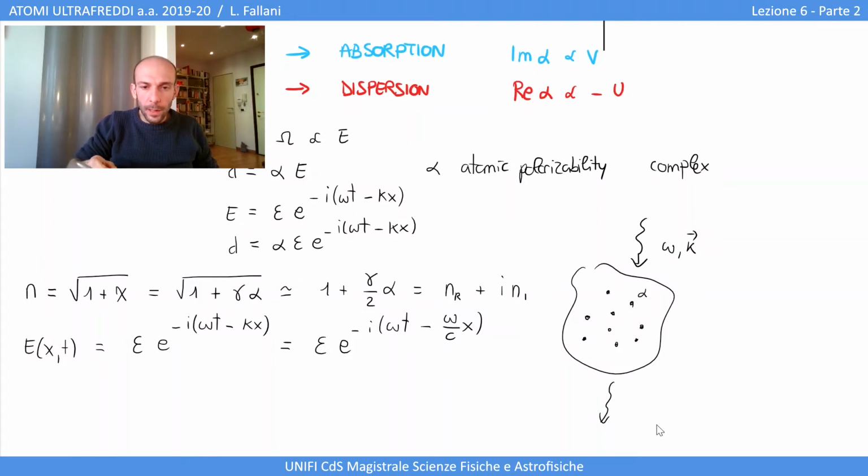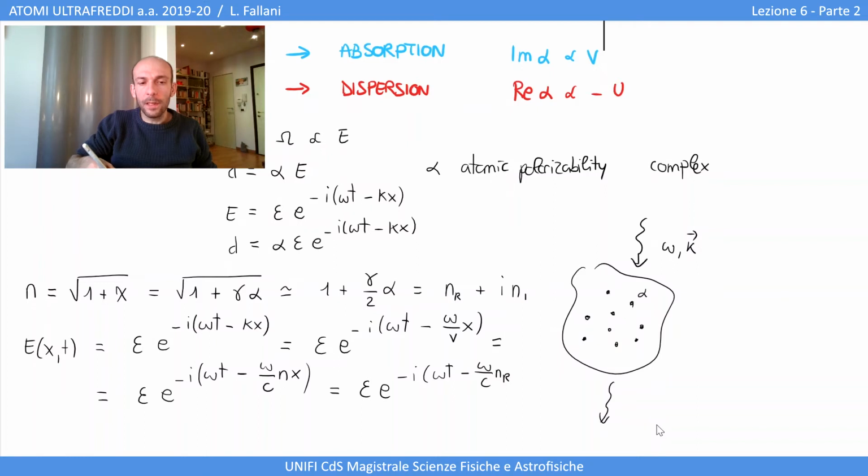And then we need to consider here the velocity of propagation v, and this v is given in terms of the index of refraction by c divided by n, and so we have the following, and this can be rewritten as an amplitude times e to the minus i times (omega t minus omega over c, real part of the index of refraction, times x plus i,